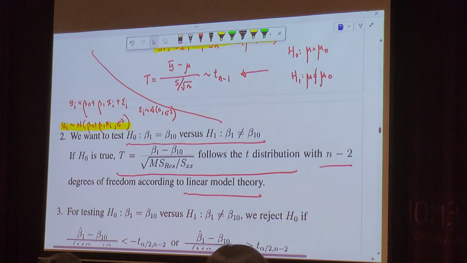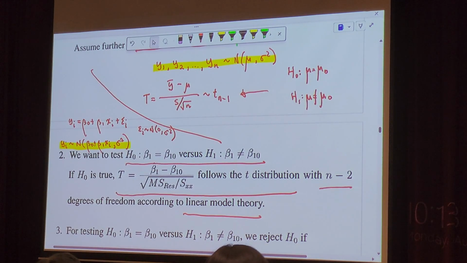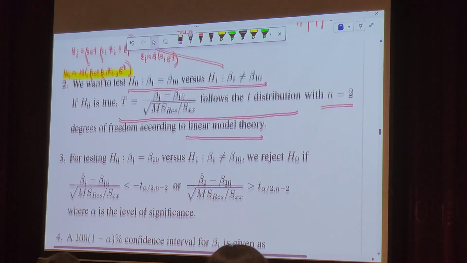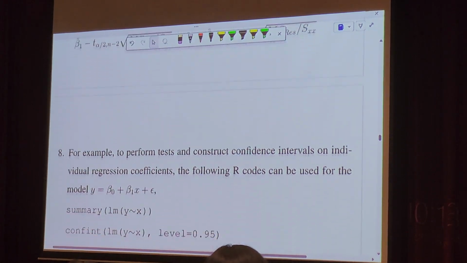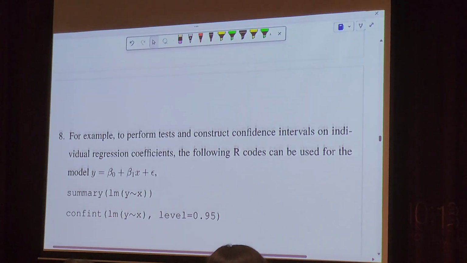So once you know the distribution, you can construct confidence interval. There's a standard method for constructing confidence interval. Once you know the theory, once you know the distribution, you can do this too. 3 and 4 easily. So that's what we did in the last